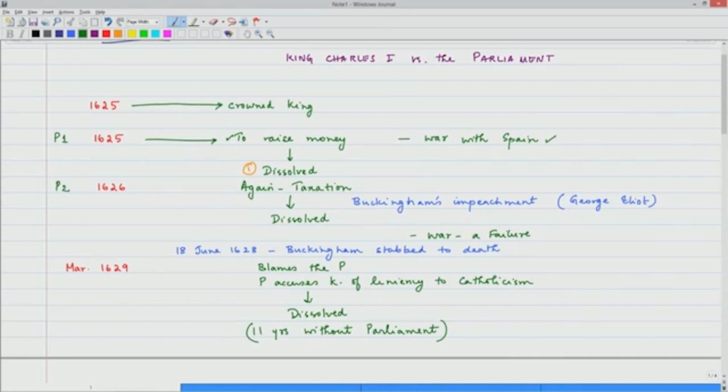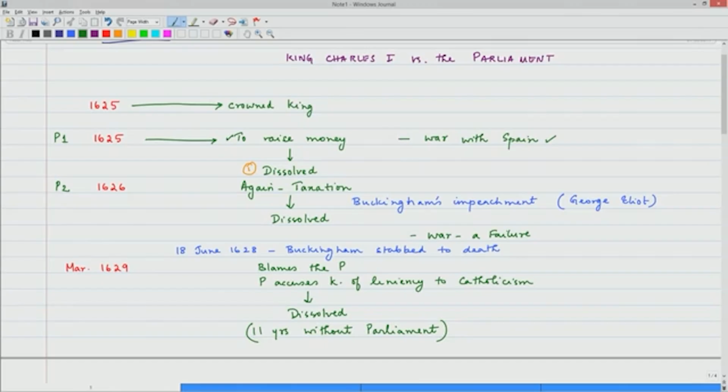So there is a second parliament meet that happens, and again the issue of taxation is brought up, and we also need to keep in mind that Charles I was a staunch believer of the divine right of kings, and he also thought that he had the divine right to assert himself and his ambitions on the parliament and the commoners. So he failed to see the rationale in not going for war, and he continues to insist on getting